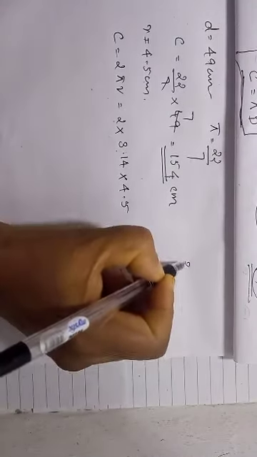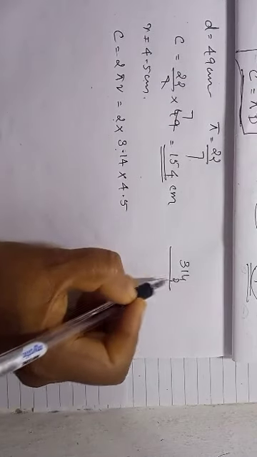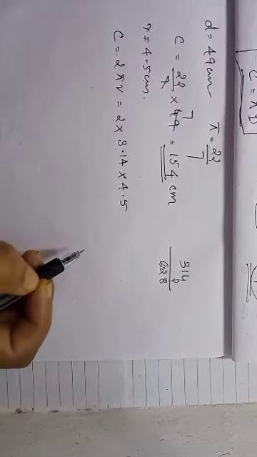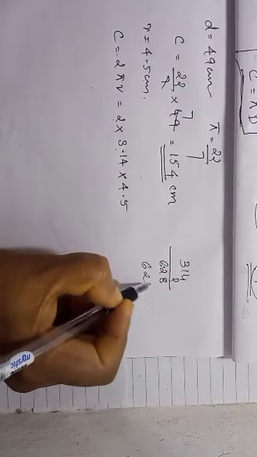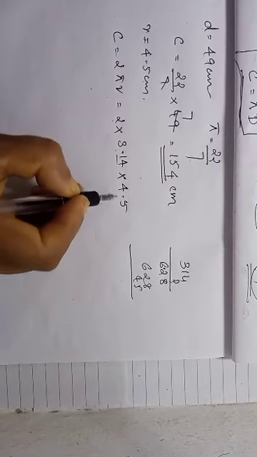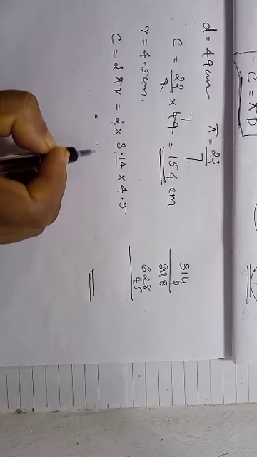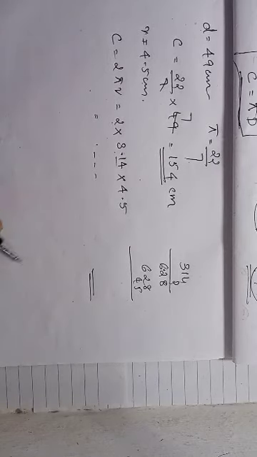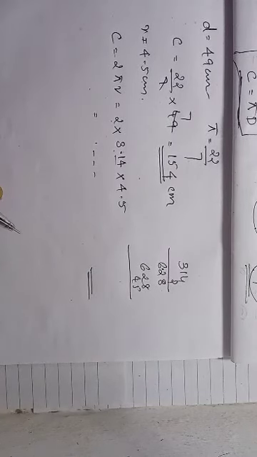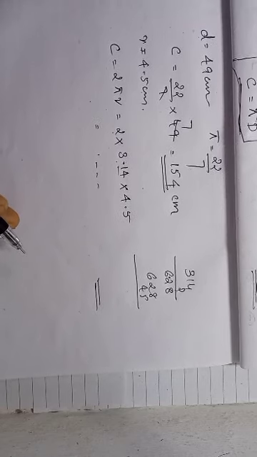Like this, 314 into 2. Here decimal point is there. 2 4s are 8, 2 6. Then answer is 6.28. Then 4.5. 628 multiply 45. Then total 2 plus 1, 3 decimal places in the answer. You have to put the point so that after the point 3 numbers should come. Like that way you have to put the point. Multiply these numbers. Okay.